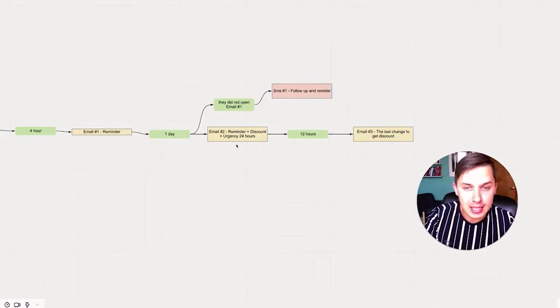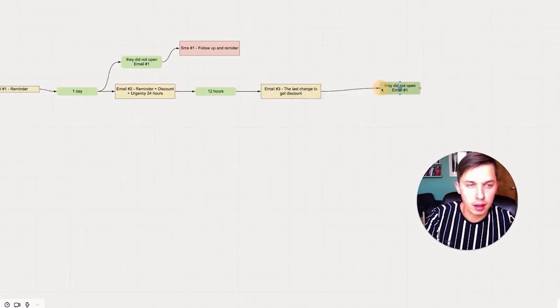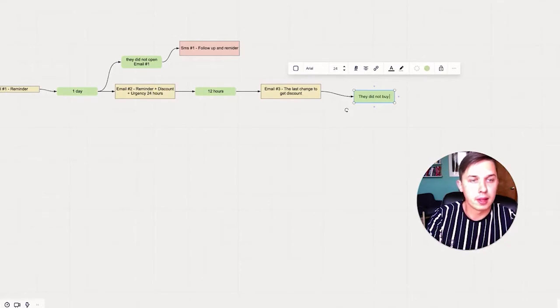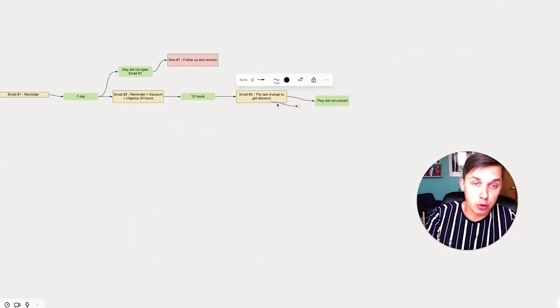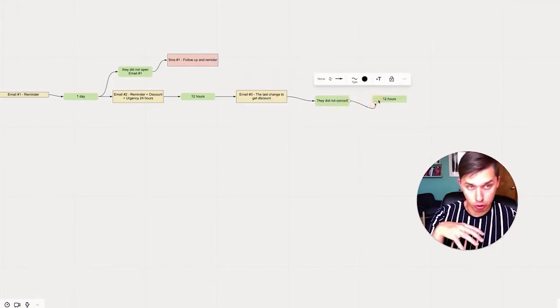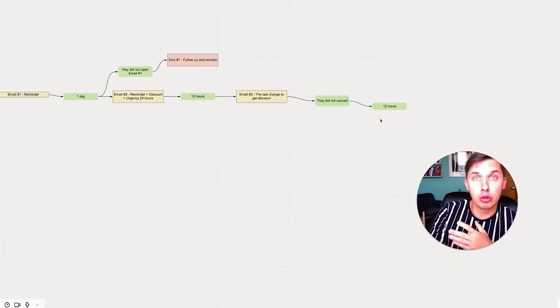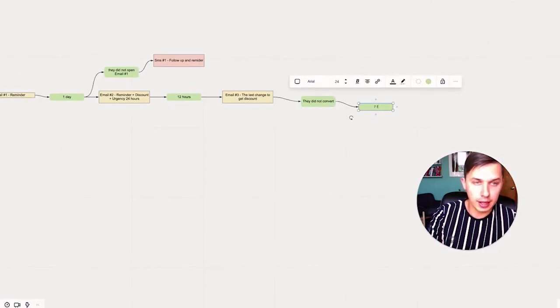And the last thing in our advanced strategy. Let's say they did not buy. Let's say they did not convert. What I highly recommend for you to do, again, it depends on your budget, but I'm showing you all options of what you can do with abandonment cart with the data that you're collecting during the checkout process and how to leverage it. So if they did not convert, wait like 7 days